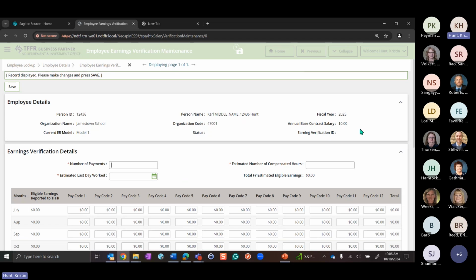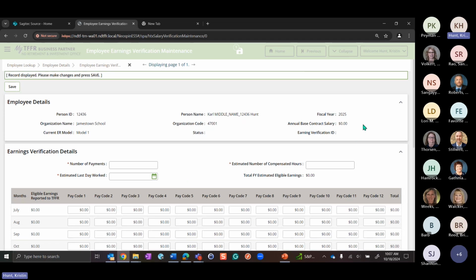We have the annual base contract salary. Now, I'm also going to give a little disclaimer. I think I've given it before, but understand I'm in my training region, so my data might not be set up correctly because I'm me and I work fast sometimes and not correctly. With that said, it might not be the correct data getting pulled. I like to say that when it comes to the training region, I'm like an iPhone 12, whereas you are the iPhone 16. It's just the way we have to set up our data. We lag behind you.